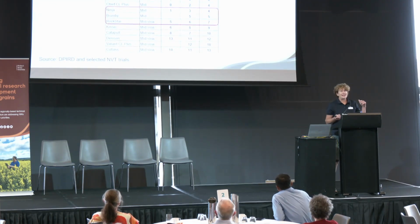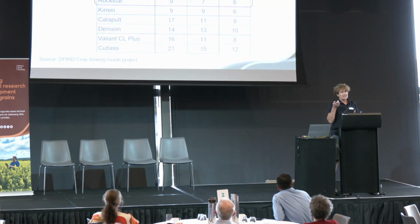And this is where we get this bit of a flip over. There's always a question, is that variety a mid or is it a mid-slow? And it does my head in because they do flip around. But what I'd actually like to point out in this next slide, this is from our DPIRD time of sowing trials for 2022,